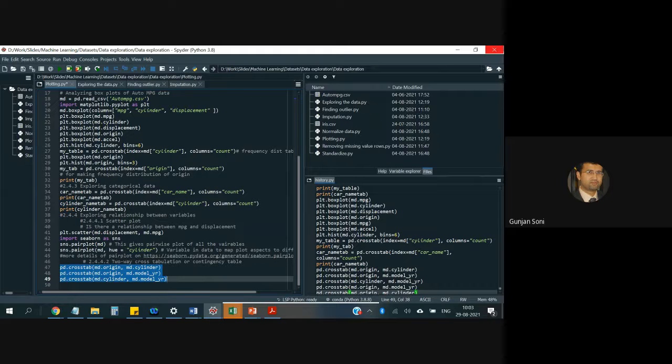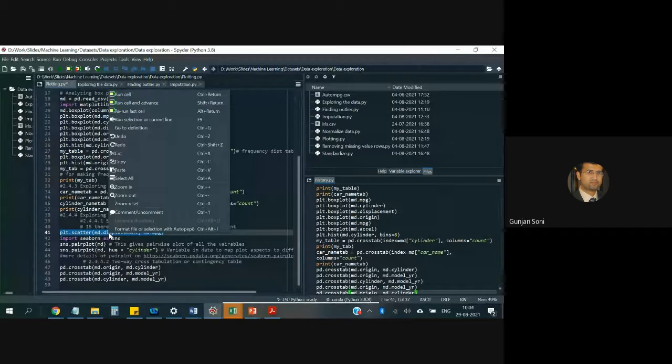Or you can say the consumption of ice cream. As the temperatures rise, the consumption of ice cream increases. Similarly, in this data, can we find any such relationships? So let's say we can use a scatter plot for that. The command for scatter plot is plt.scatter. plt is from the package we use, so that package first we have to call, and after that we call the function, for the displacement data and mpg data. So we plot a scatter plot.